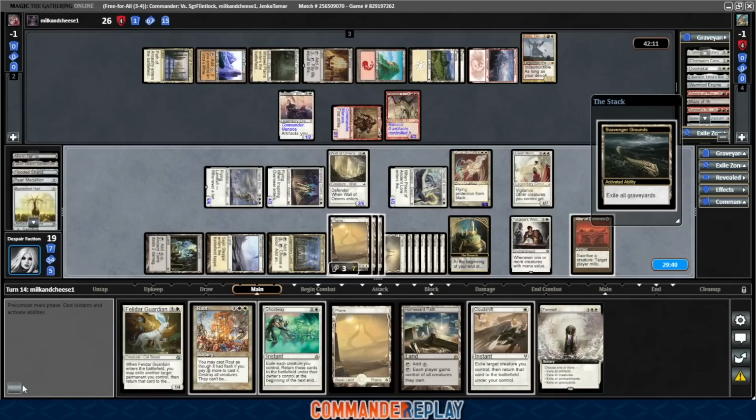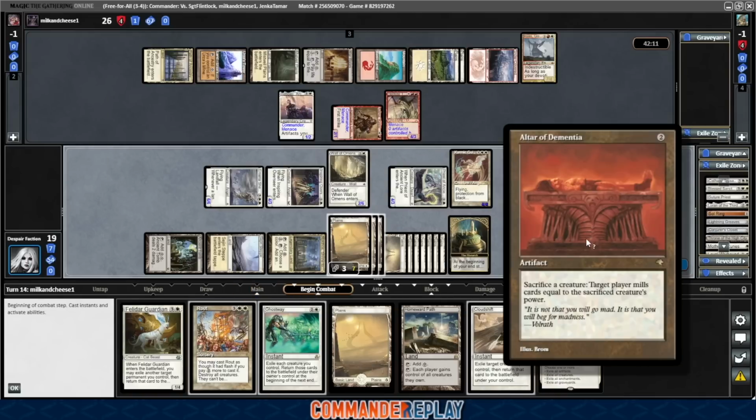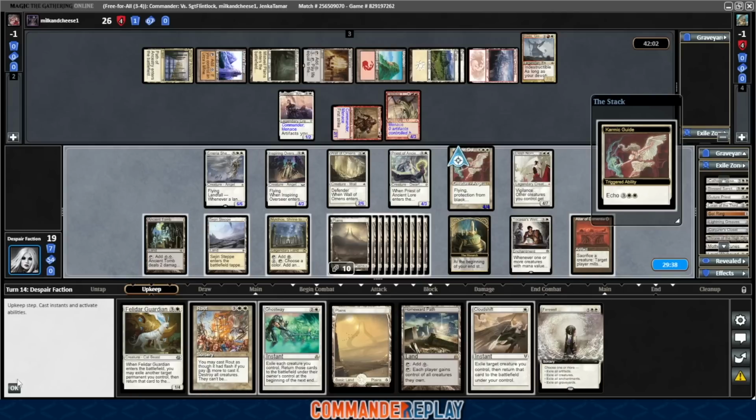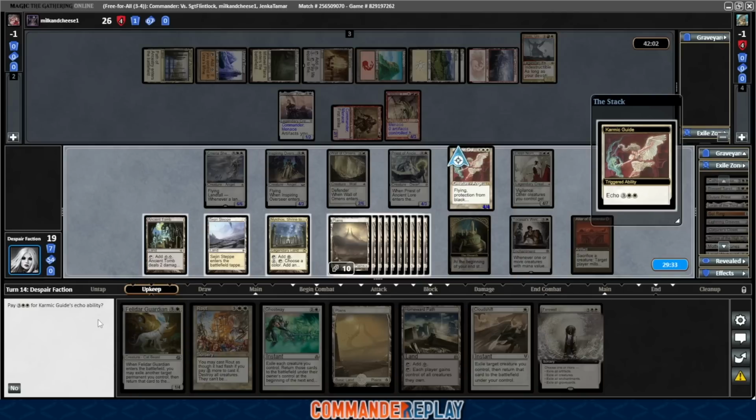You gotta leave that up, because we can still do trickery with this. Like, the damage has already been done. The graveyards needed to be exiled many times this game. Alright, there's an Echo cost on that one. We're just gonna let that go. Probably need the damage, but...